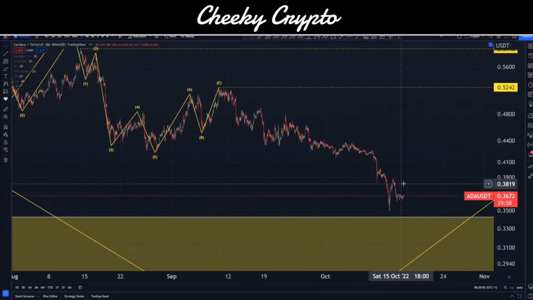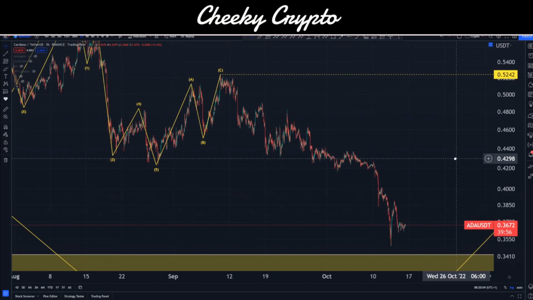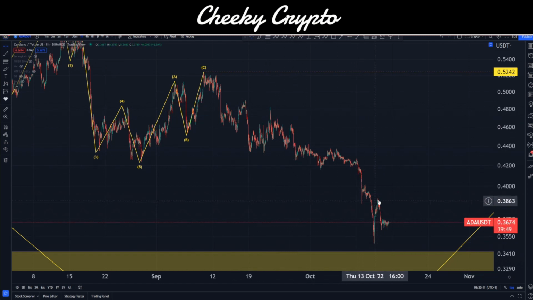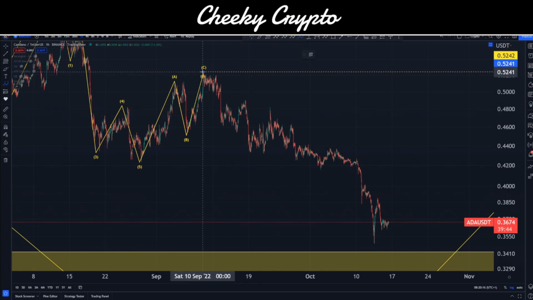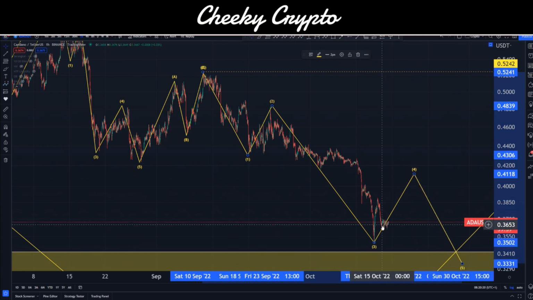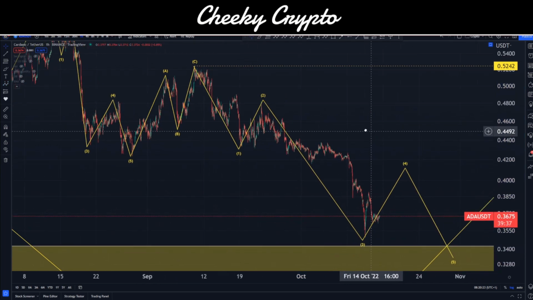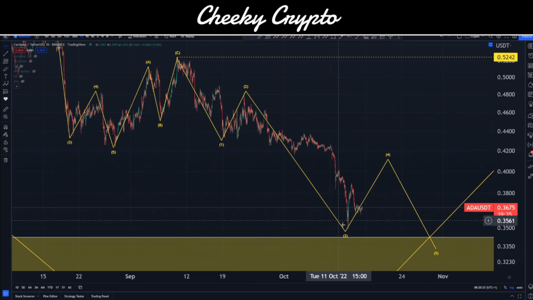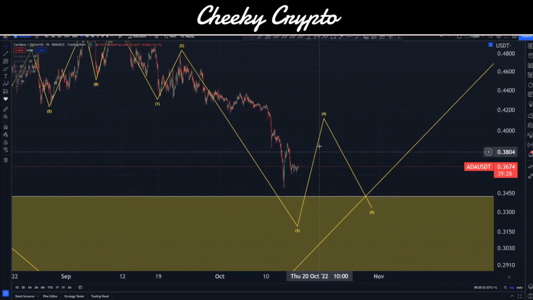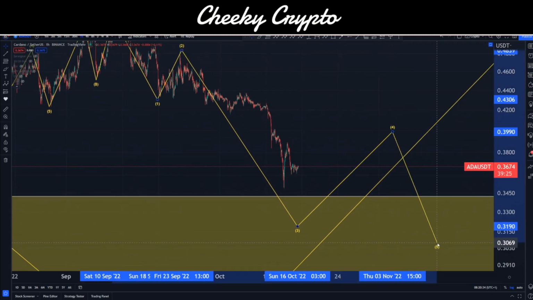So let's go ahead and draw in what we've got so far and see where this one takes us. Straight off the bat, we can see we go 1, 2, 3, 4, and 5 down here, 3 up, 1, 2, 3, and 4 coming in here. Actually, 4 is not complete, so we'll just draw this in. Obviously we haven't finished that, and we're going to come down here. Basically we end up with this, and we've got all the subwave counts as well. We could argue that this wave 3 is going to be somewhere down here because it isn't complete yet. Wave 4 is going to be somewhere in the future, along with wave 5.